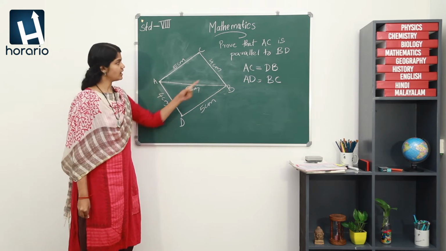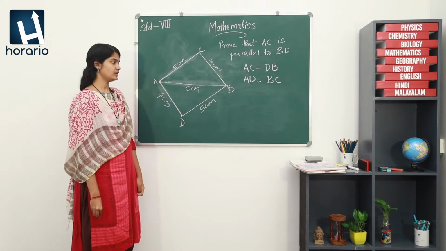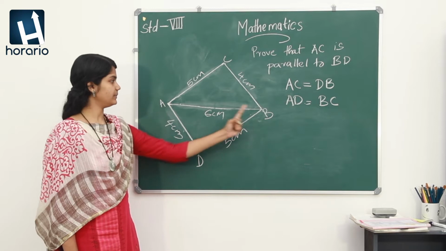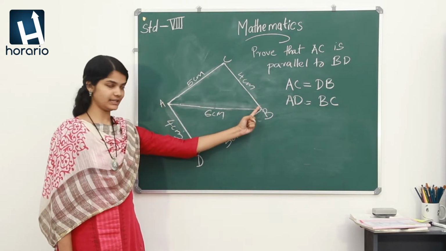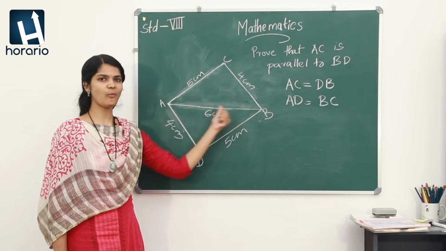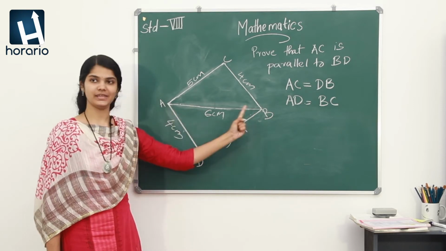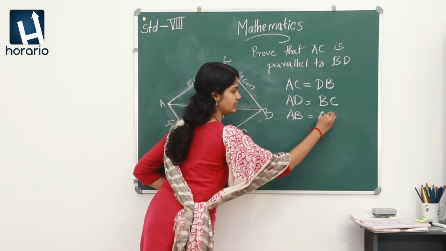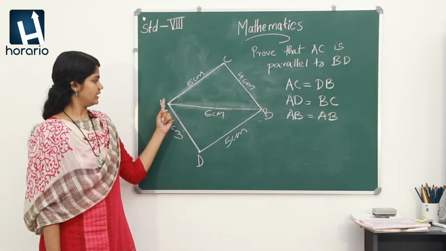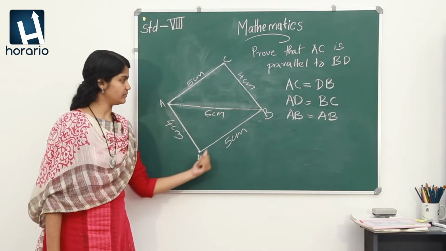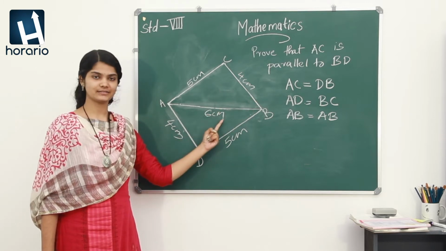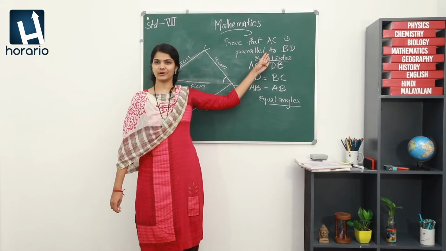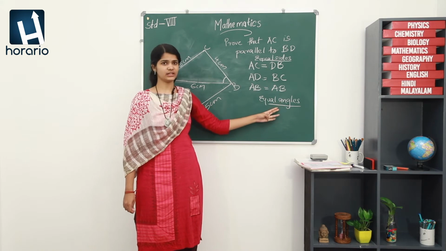Okay, it is given in the figure, right? AD is 4 centimeter and BC is 4 centimeter. Then what about line AB? So, triangle ABC and triangle ADB are sharing a common side, that is AB, right? So, simply we can write AB is equal to AB. So, triangle ACB and triangle ADB have equal sides, therefore, the angles also will be equal. So, we have discussed about equal sides.